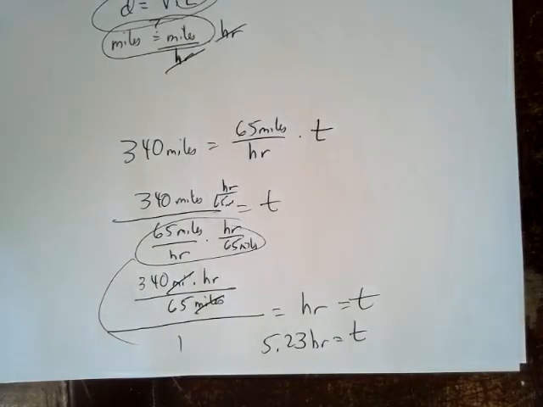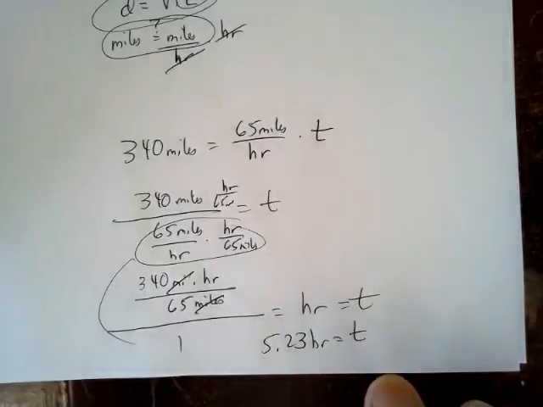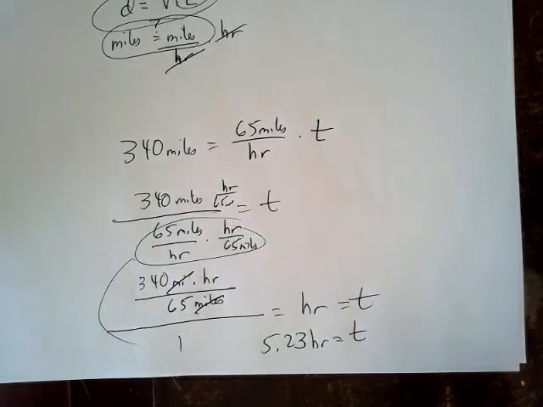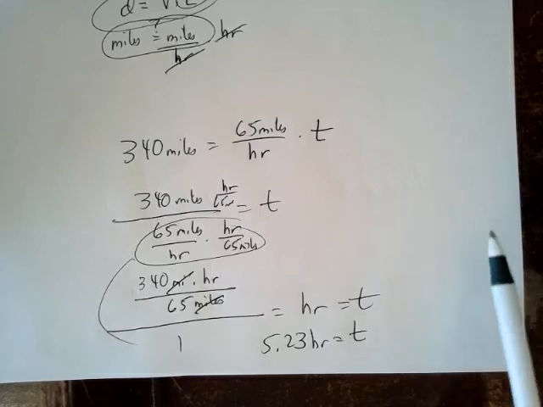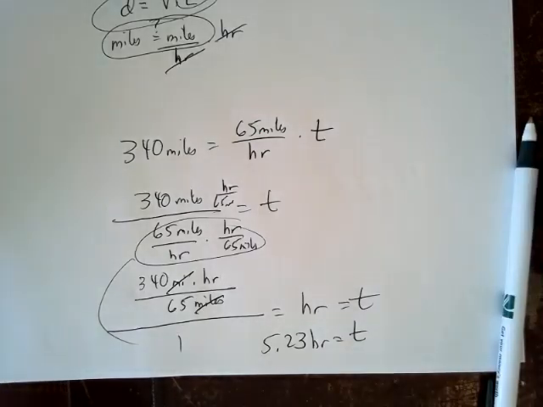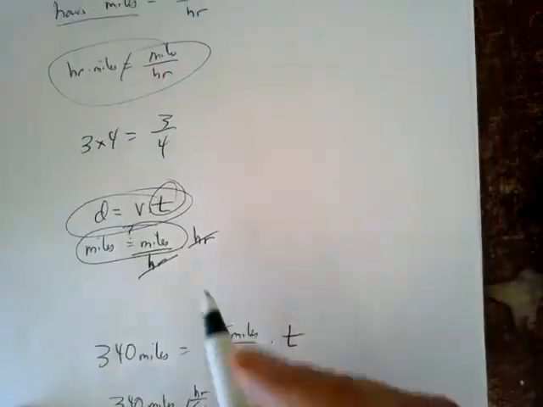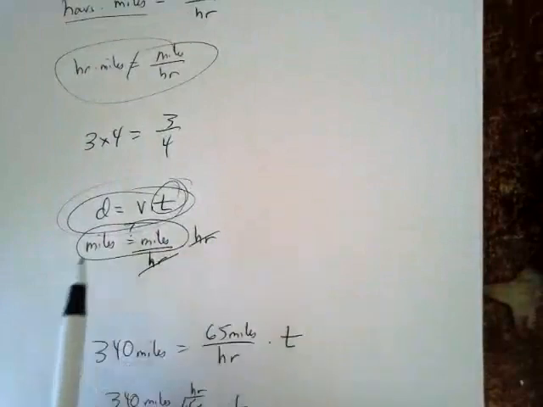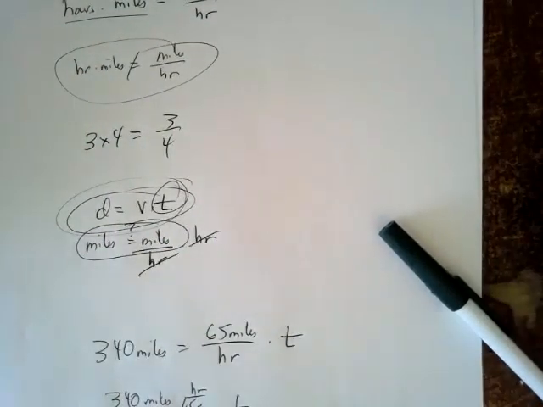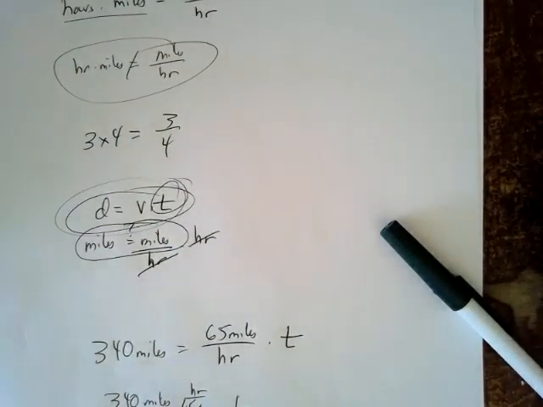journey. Which, being from Chicago, that distance wasn't arbitrary. That's about the time it takes me to get from Des Moines to Chicago, about 5.5 hours. So I've done that calculation before. But again, the point is that we were able to arrive at the right relationship simply by analyzing the units,